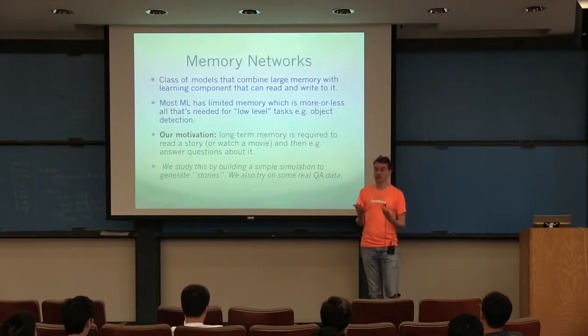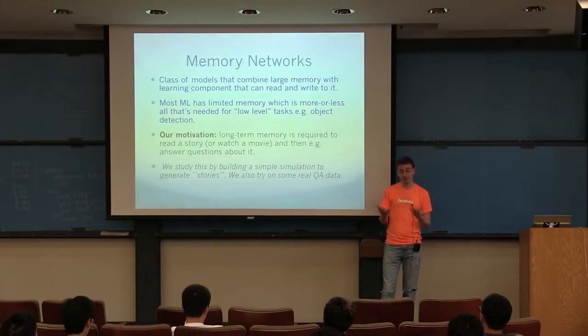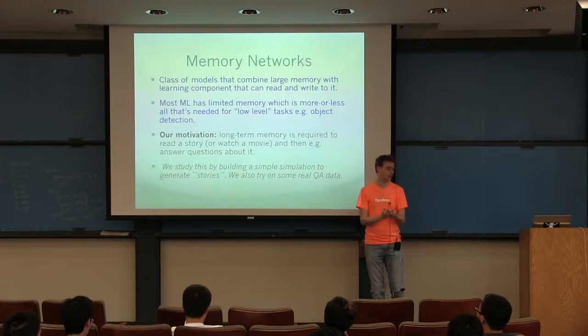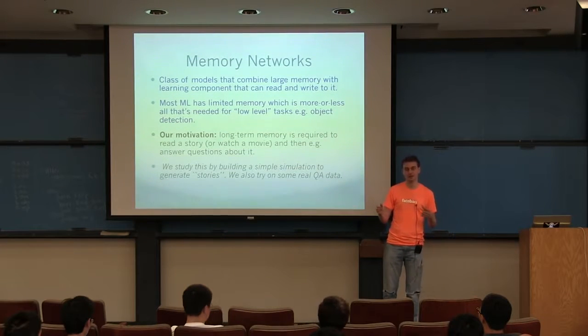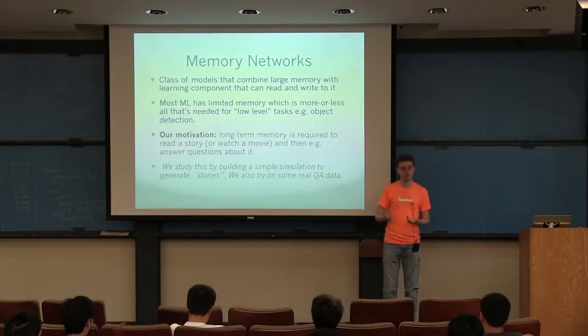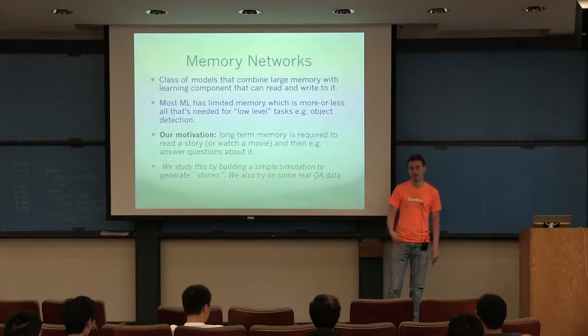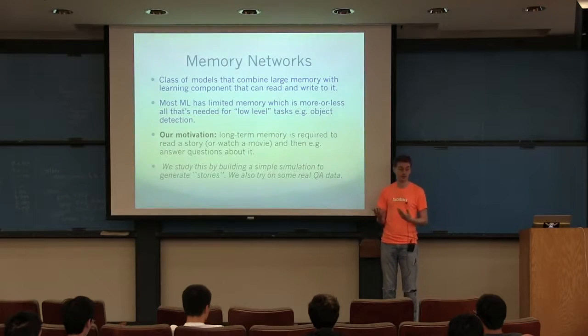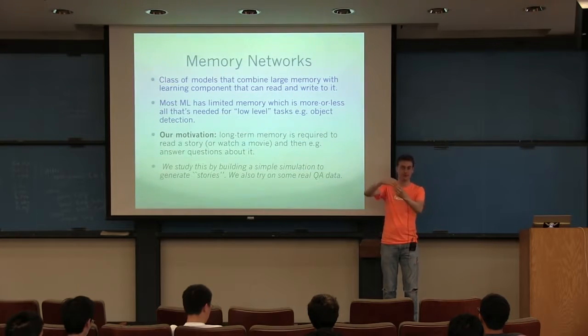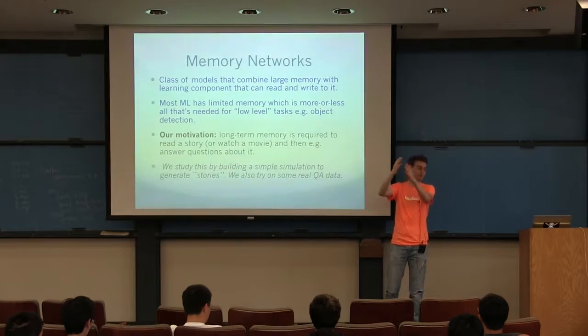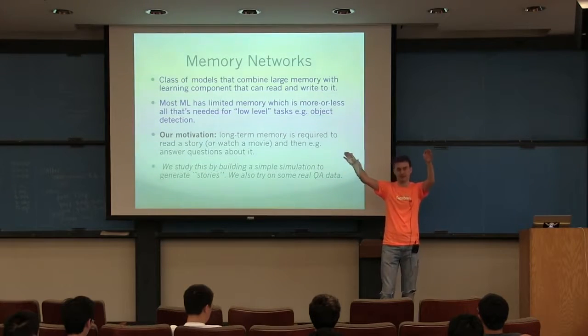A lot of machine learning has been successful without really needing this memory component that we're going to talk about. For example, a lot of what we call low-level tasks, I mean they're still difficult, like object recognition, which convolutional neural networks have been very successful at recently, don't really require this memory. In that case, you just take an image and put it through your feed-forward neural network, and then you get a prediction out, like that's a kitchen or that's a butterfly or whatever. So you have those classes at the end of the neural network.